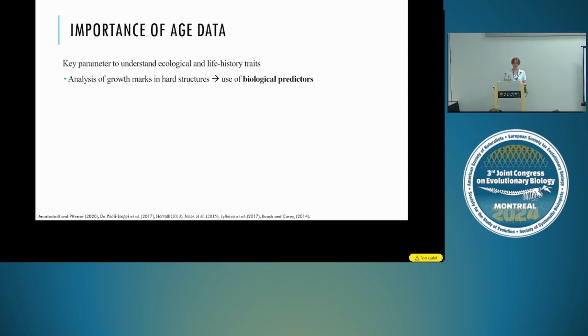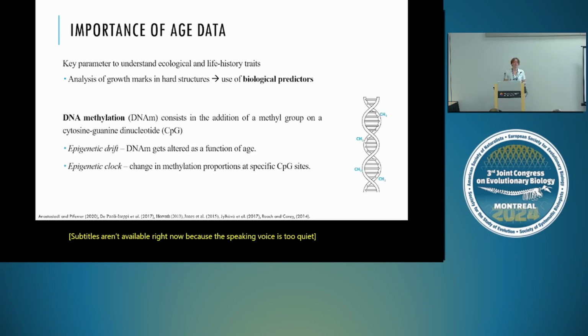Just in the last 2 decades, we started to try several biological predictors to be used as an age estimator. So far, it turns out that DNA methylation seems to be the most promising one. DNA methylation is a stable epigenetic mark that plays an important role in gene regulation. It consists of the addition of a methyl group on a cytosine guanine dinucleotide that I'm going to call